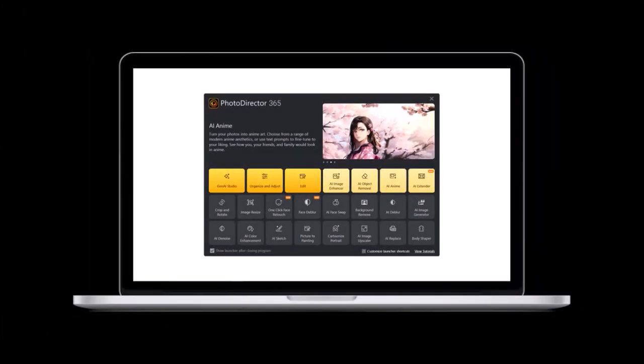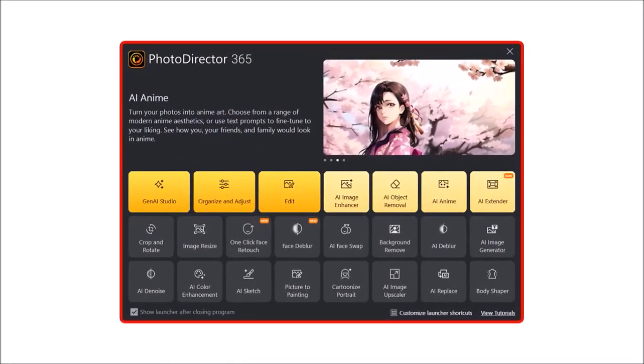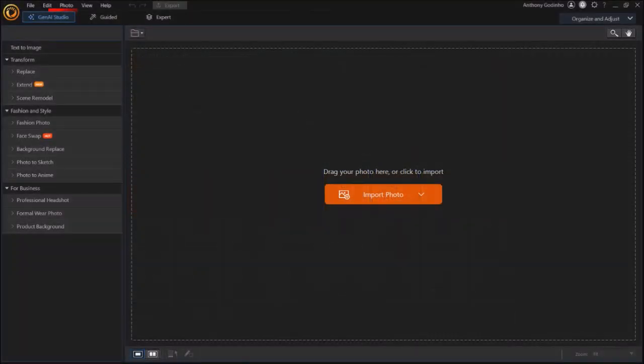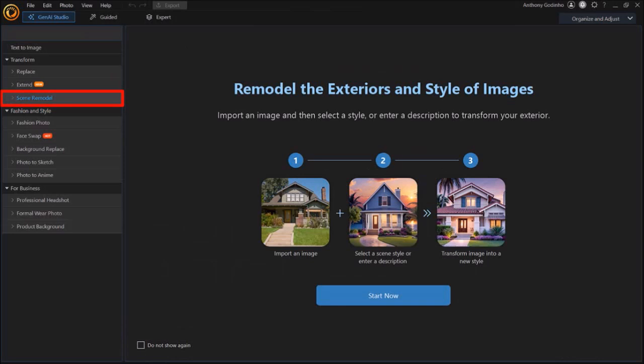In the new version of PhotoDirector 365, you'll see all of these different options when you open the app. Click on the Gen AI Studio option, and it'll open PhotoDirector in the Gen AI Studio mode. Next, in the left side panel, click on the Scene Remodel section under Transform, and it'll bring you to this